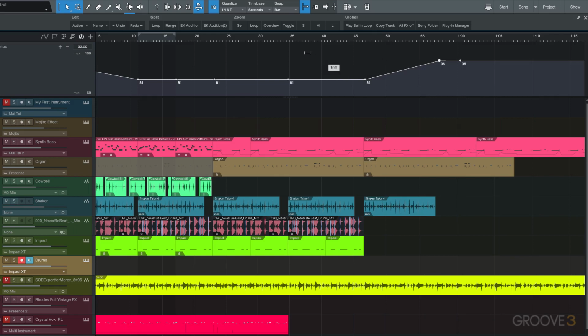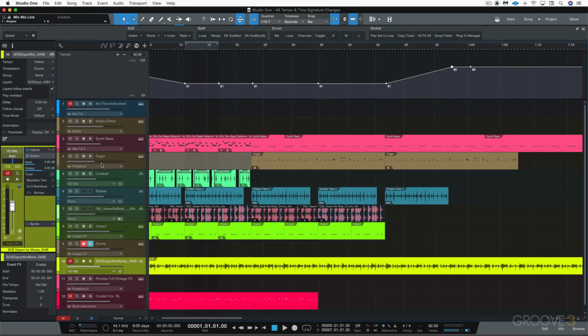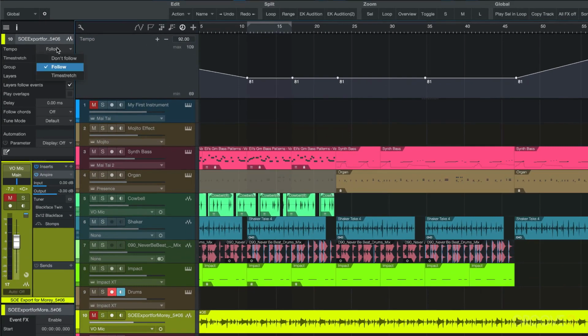Now, when we're working with tempo changes like this, it's important to have your audio tracks in time stretch mode. That way, audio events are going to be stretched dynamically to reflect any of these tempo changes on the fly, and there's no need to split or edit them. They'll just follow the tempo map. And we can easily do that, for example, on this guitar track here in the inspector, where we would set the time stretch mode to what we want, in this case, time stretch, if we're working with these kinds of